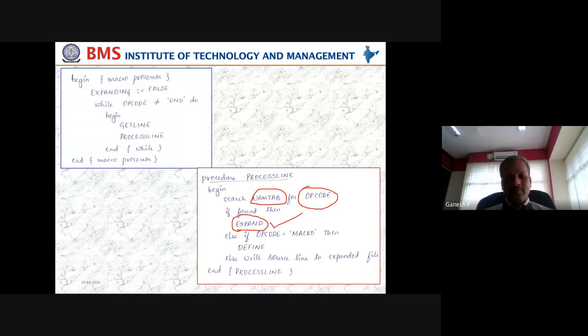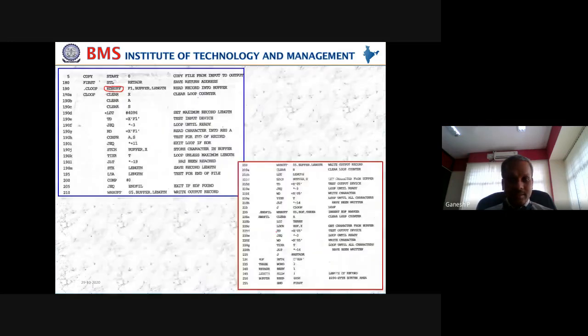Second case. Okay, first time you are entering, then you have to check whether macro opcode is equal to macro or not. If it is a macro, then we have to define. So enter into the definition table. If opcode is going to contain the name of the macro, it is nothing but it is going to be a macro call, else it is going to be something else. If that is something else, we have to see whether opcode is having a macro where the name will be somewhere else. Let us look at the program.